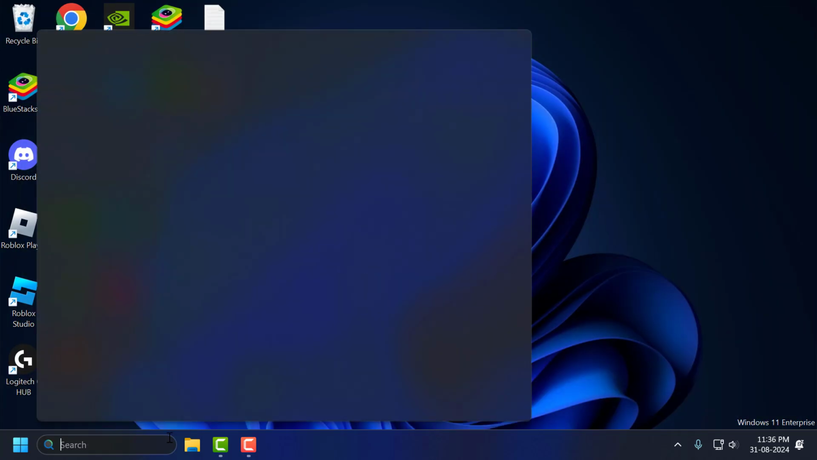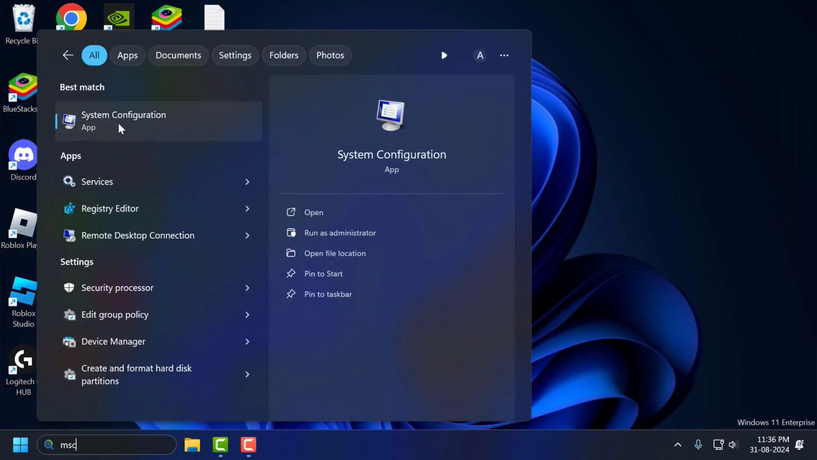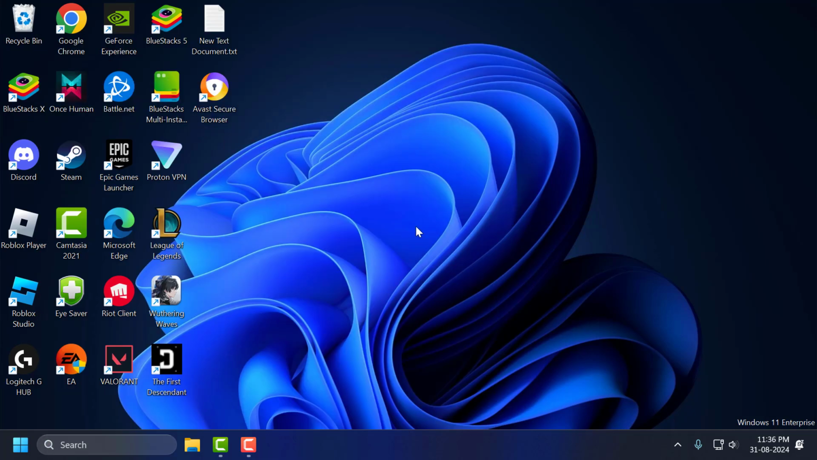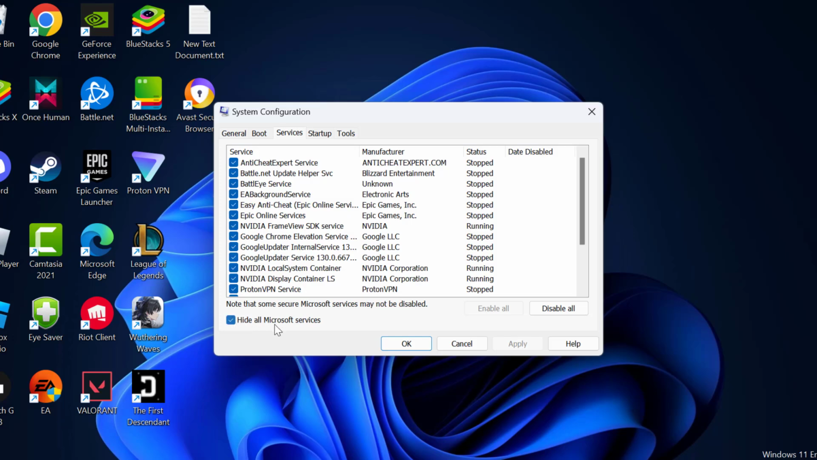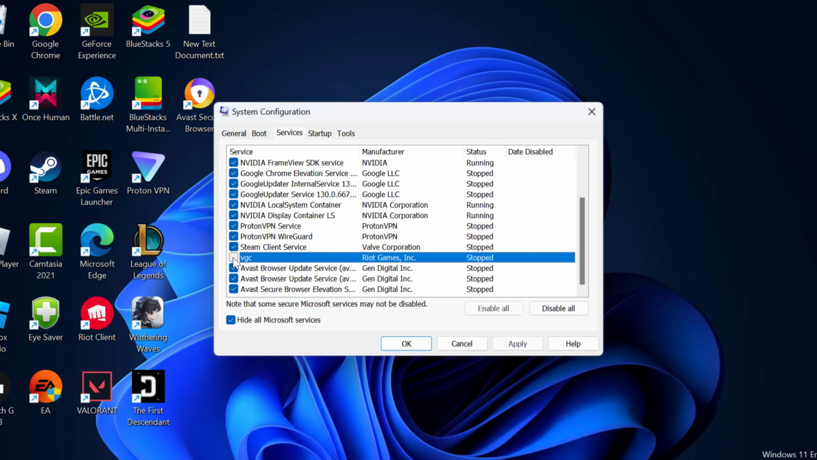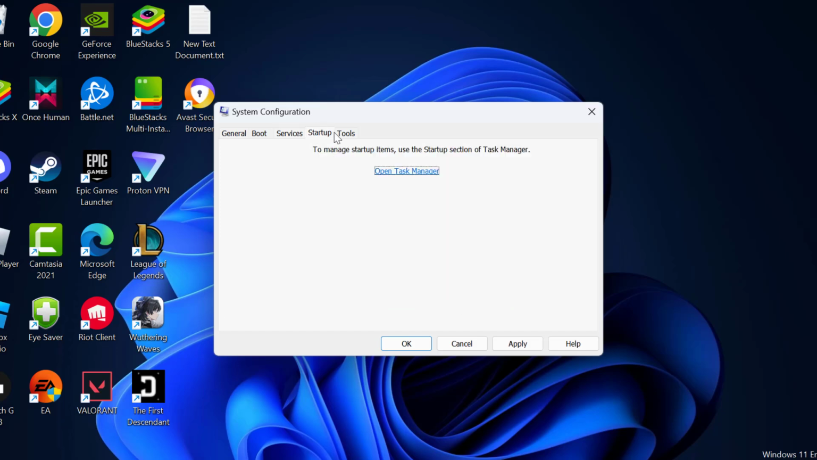Now you just need to go to search menu and type msconfig. Comes up system configuration. Click on open it. Select services tab. In here, check mark hide all Microsoft services and search for VGC service. You just need to check mark this option guys, VGC service, and after that go to startup tab and select